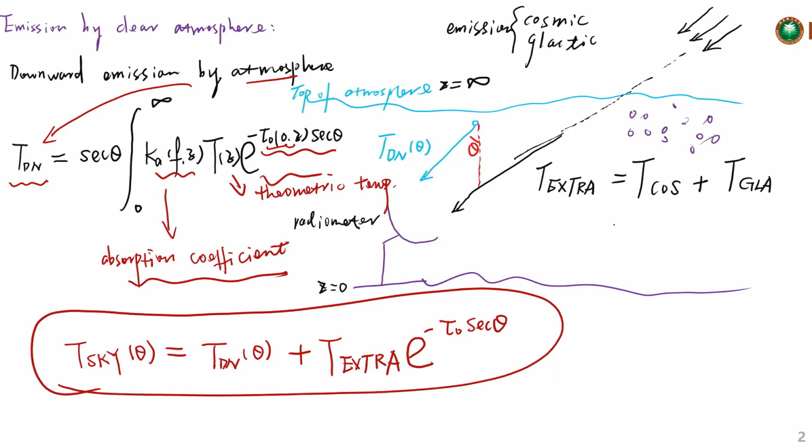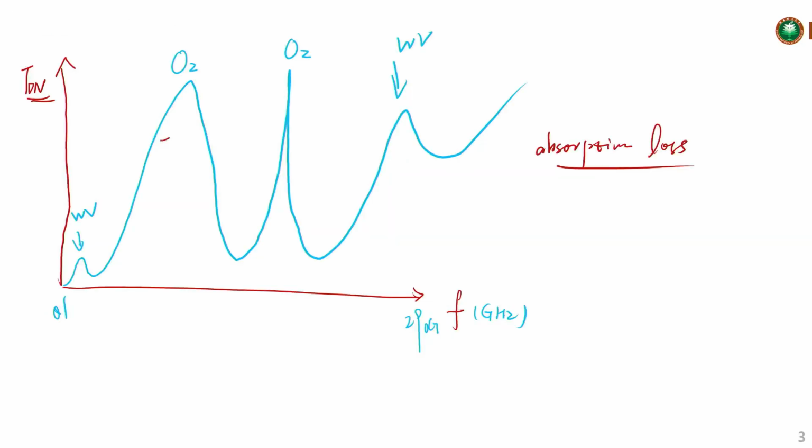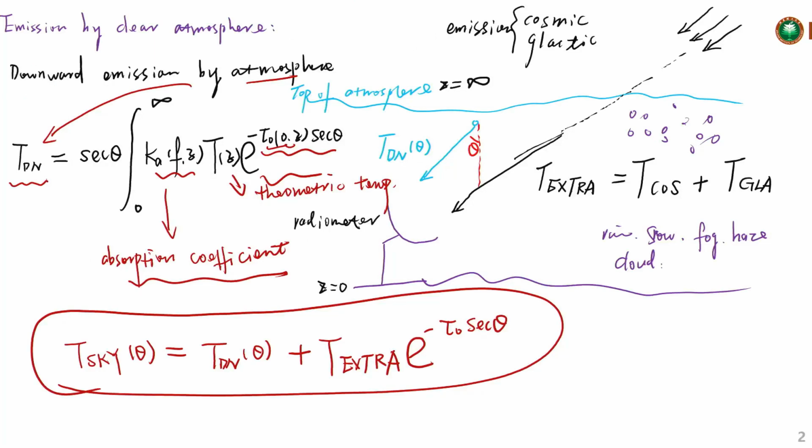It can be rain, it can be snowflakes, can be fog droplets, can be haze, or can be cloud. All right, so that means there are many droplets inside of the atmosphere. So our detection cannot be used for this question only, so we need to include many other